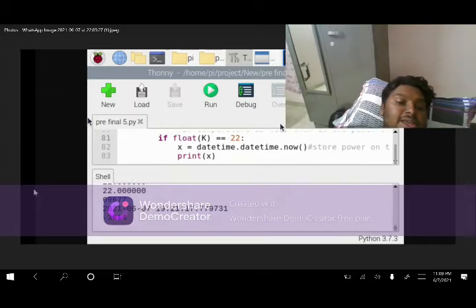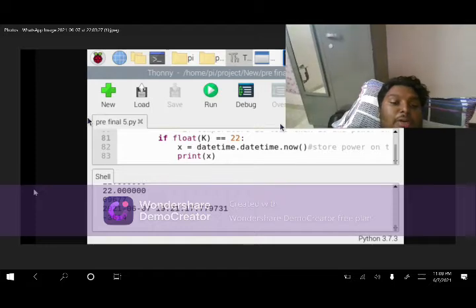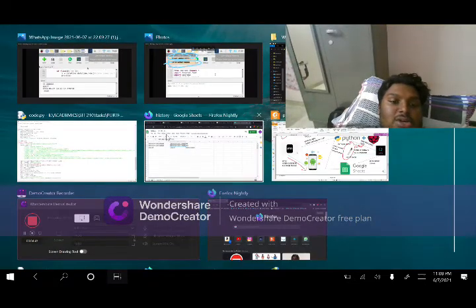Now the temperature reached 22 degrees Celsius, so now I can switch off my AC. So my power off time is recorded. That is 19:21. Once my power off time is recorded, I'll show you here so you'll understand it better.